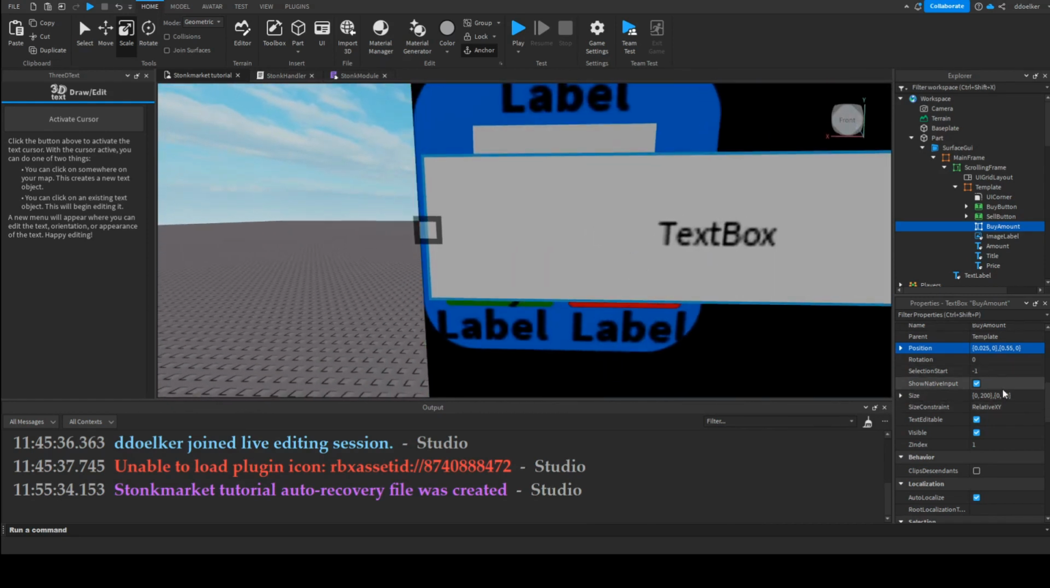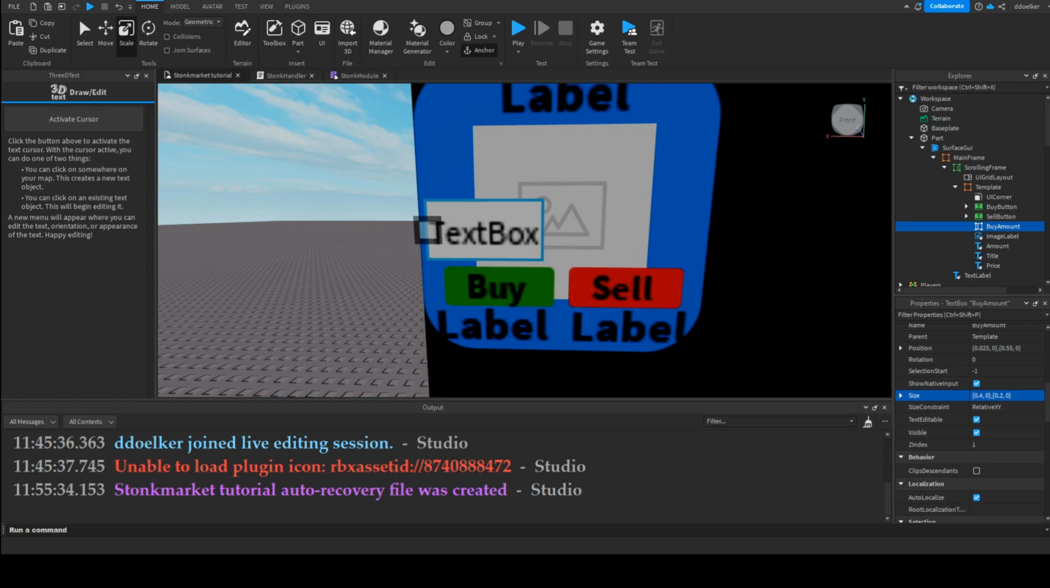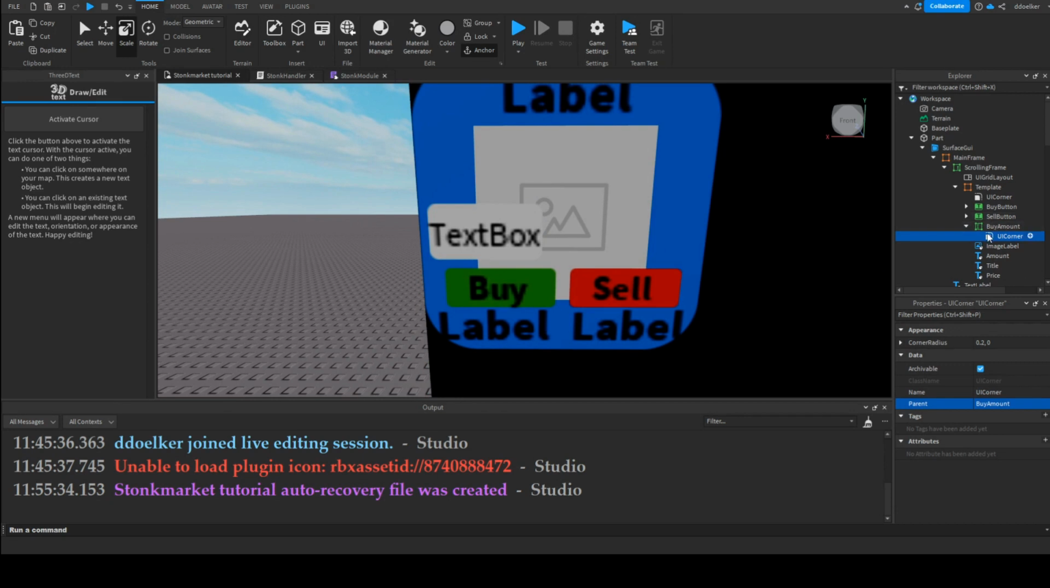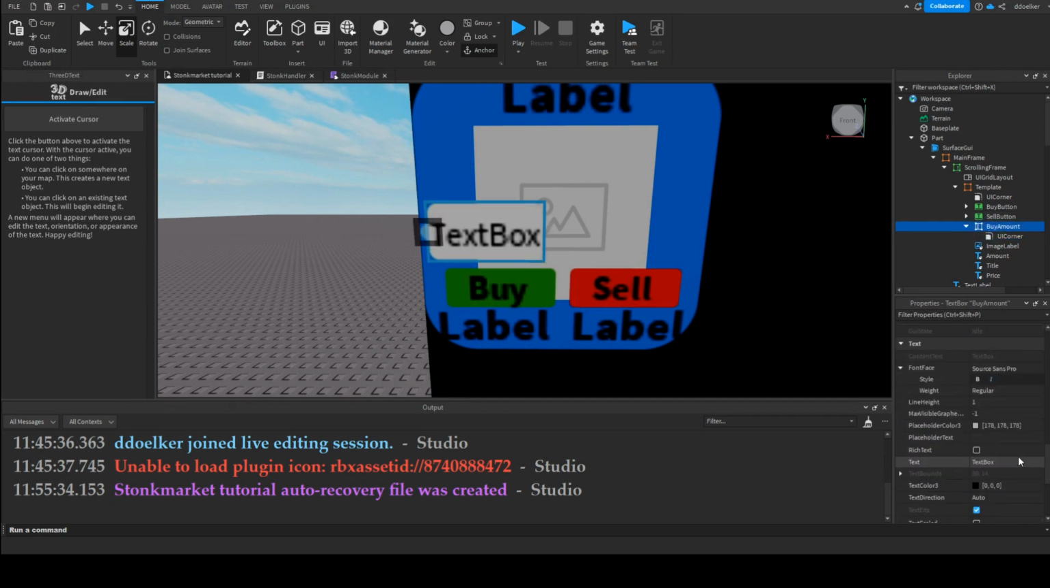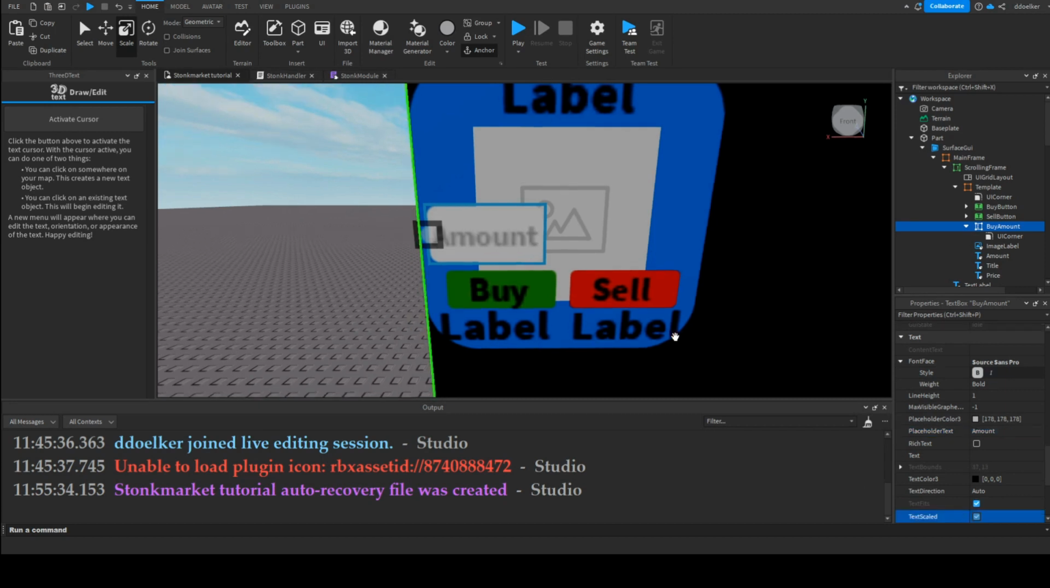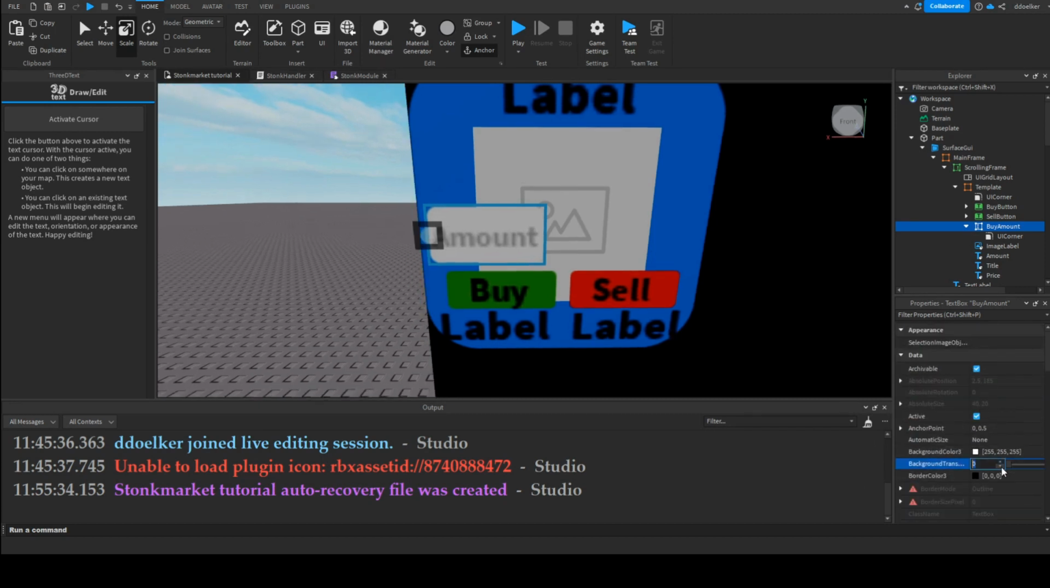The size is going to be 0.4, 0.2, so that it's also going to include the same UI corner, and the text is going to be nil, and instead the placeholder text is going to be just amount. Now, because it looks nice, we're also going to make this bold and text scaled. And now we're going to make the background transparency 1. Actually, we're going to make it 0.5 and make the background color be black so that it looks more like